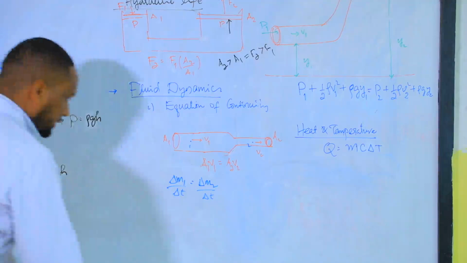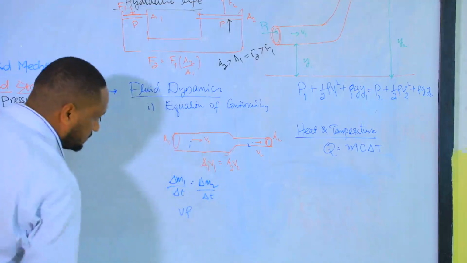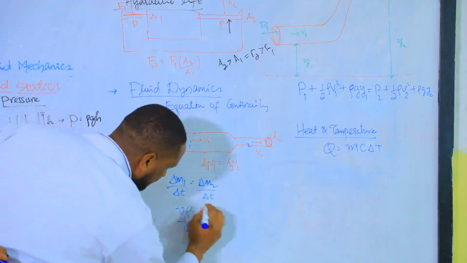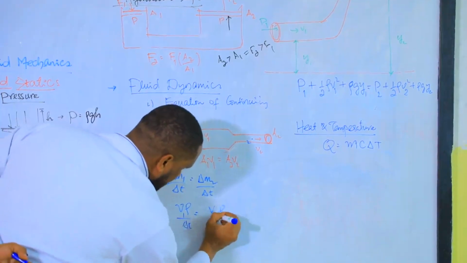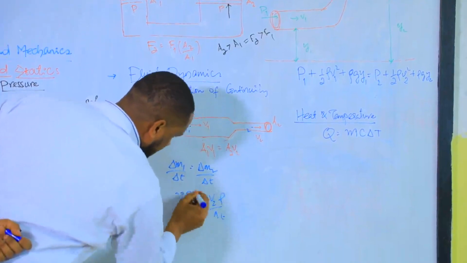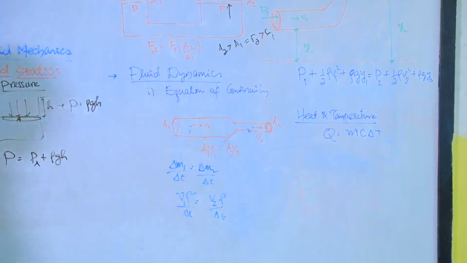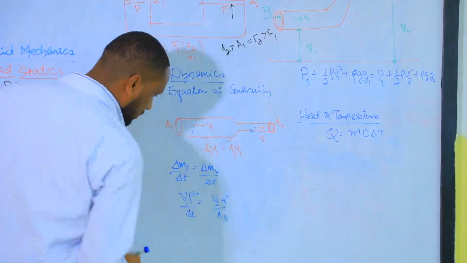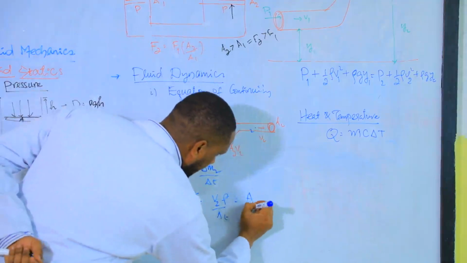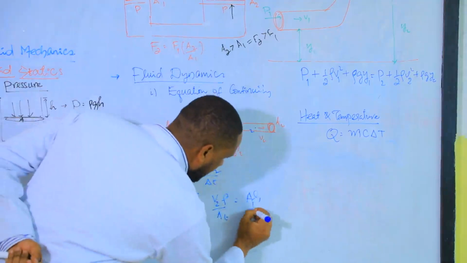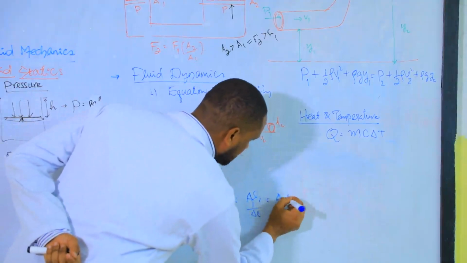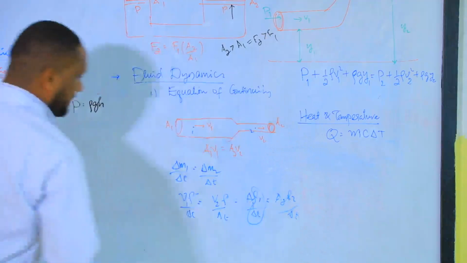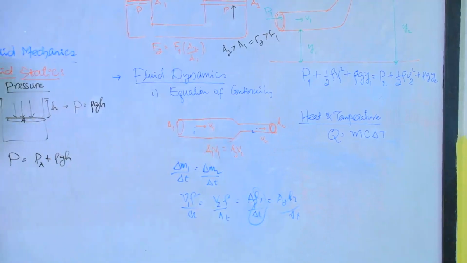So we know that mass is volume times density. V1 times density over change in T is equal to V2 times density over change in T. We know that the fluid is the same, so it has the same density. So the volume for this portion is equal to area 1 times length 1 divided by change in T, which is equal to area 2 times length 2 divided by change in T. But length